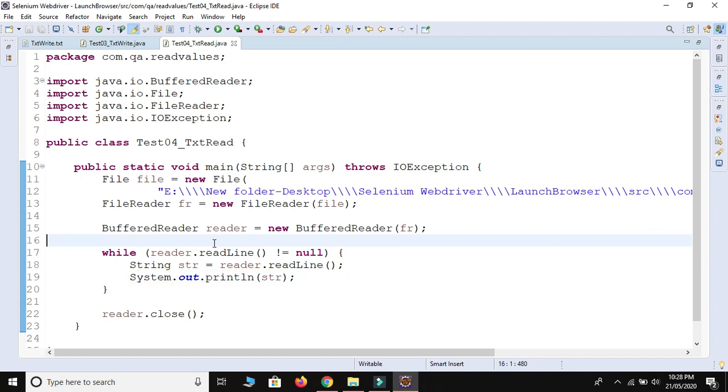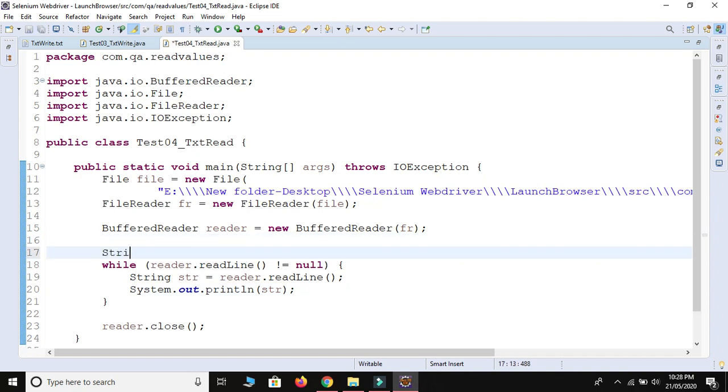We use one technique here. We use String s = null, and we provide reader.readLine() is not equal to s, then take this value.